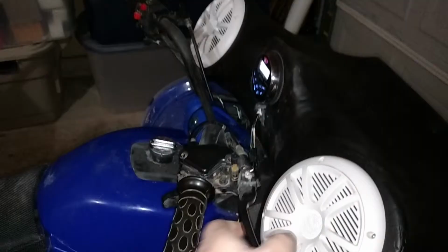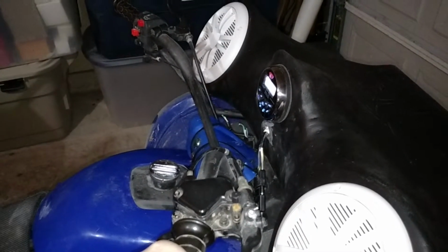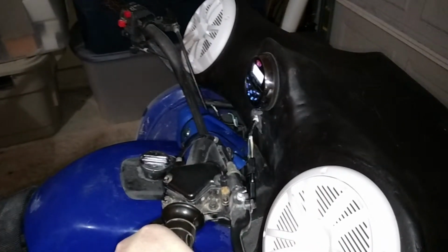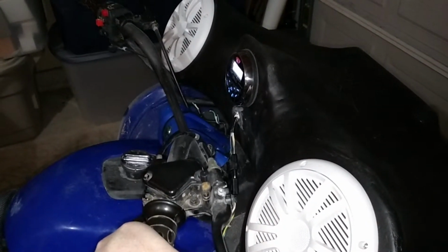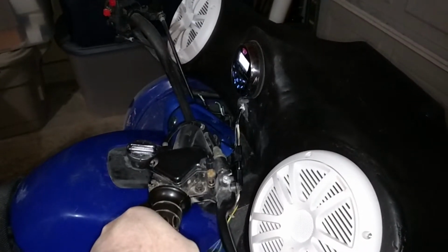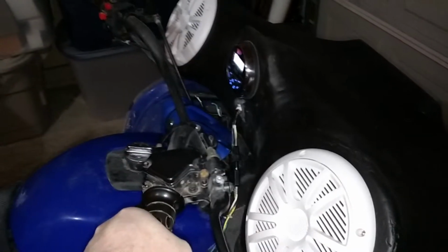It's the AR 1500 or 1500M. It's a mono. And we looked at that earlier in the video. It has the 30 amp fuse, and I'm guessing it can make about 240 watts, which is the limit on our